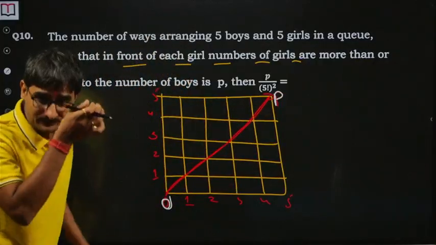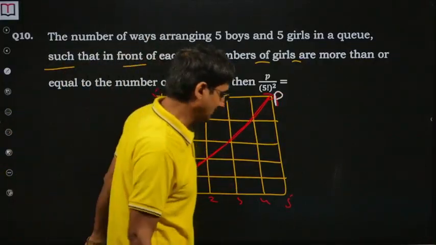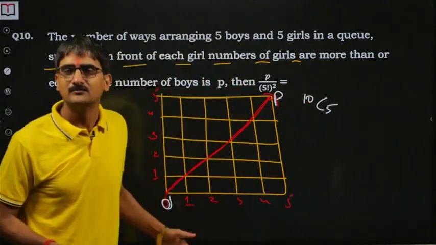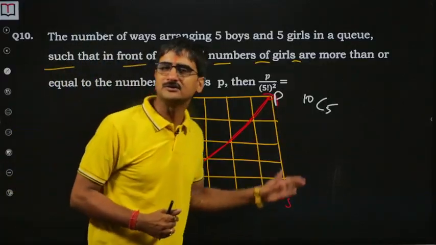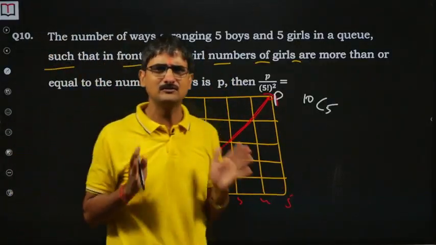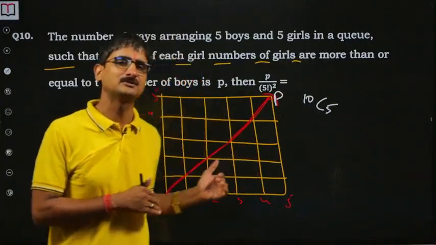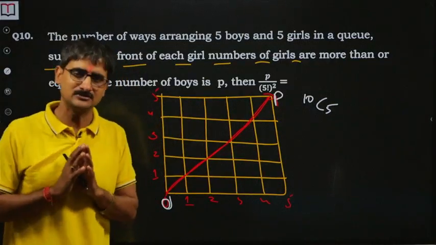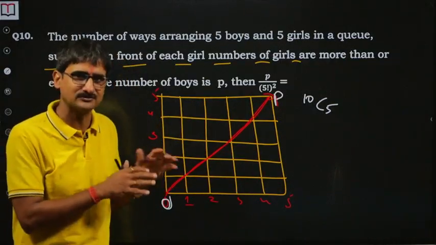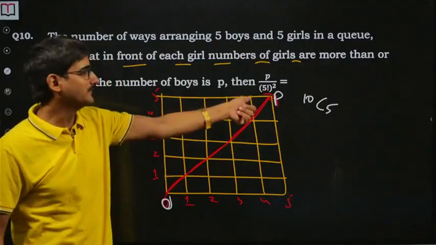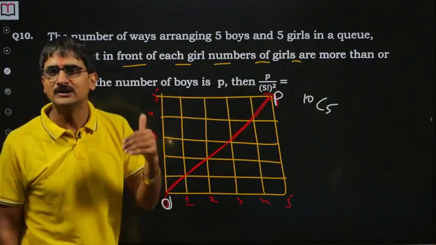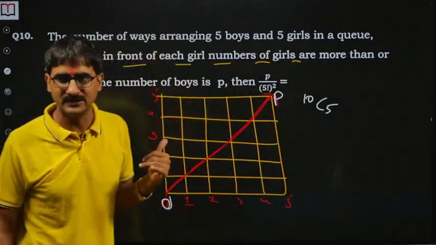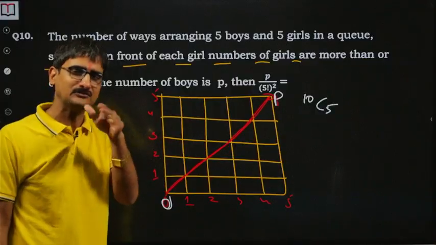There are two possible approaches. One approach is to select 5 steps out of 10. Why 10? You have to take 5 steps horizontally and 5 steps vertically. You would have come across this question sometime in first year or second year while doing PNC, so I am not repeating it. The question goes like, you start from origin, you have to go to this point along the grid where you can only move towards right or up. You can't turn back to the left, or go down. So those are the possible ways.